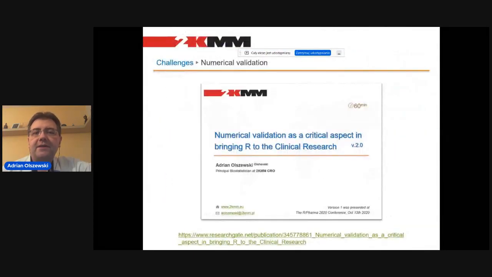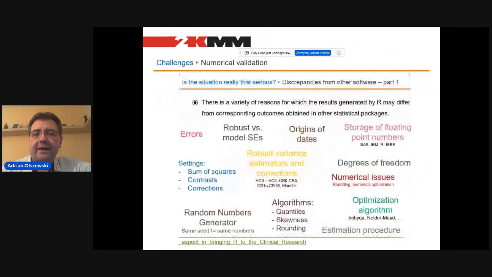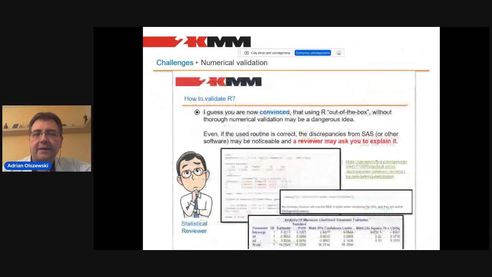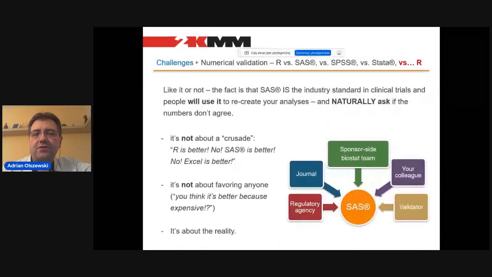The second issue is the numerical validation of R, and I encourage you to visit another presentation, presented at the Pharma conference in 2020, about the numerical validation of R. In that presentation, I showed all the possible places where R may give us discrepant results, not only versus SAS or other software, but also internally, within itself. So this is a serious issue, and usually,